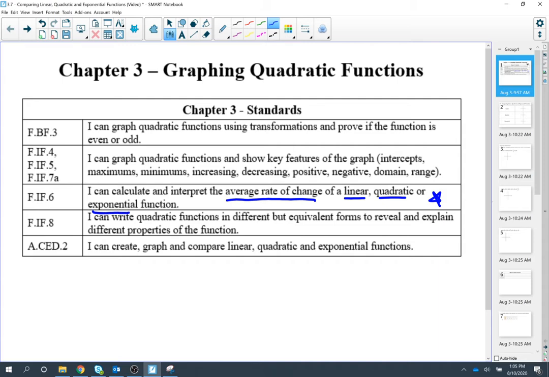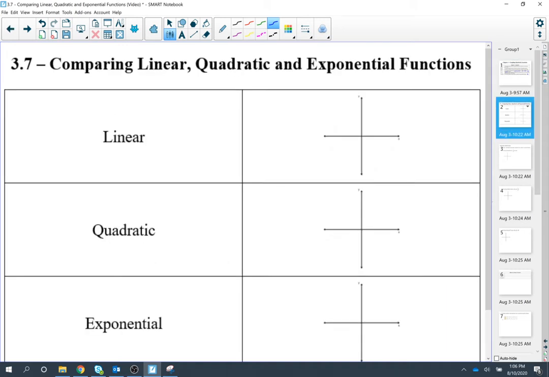So linear and exponential were from secondary math 1. Quadratic is what we add on in secondary math 2. And then we're really going to hit hard here on the creating, graphing, and comparing the linear, quadratic, and exponential functions. So starting off, 3.7, comparing linear, quadratic, and exponential functions, we're first going to just review our linear, quadratic,